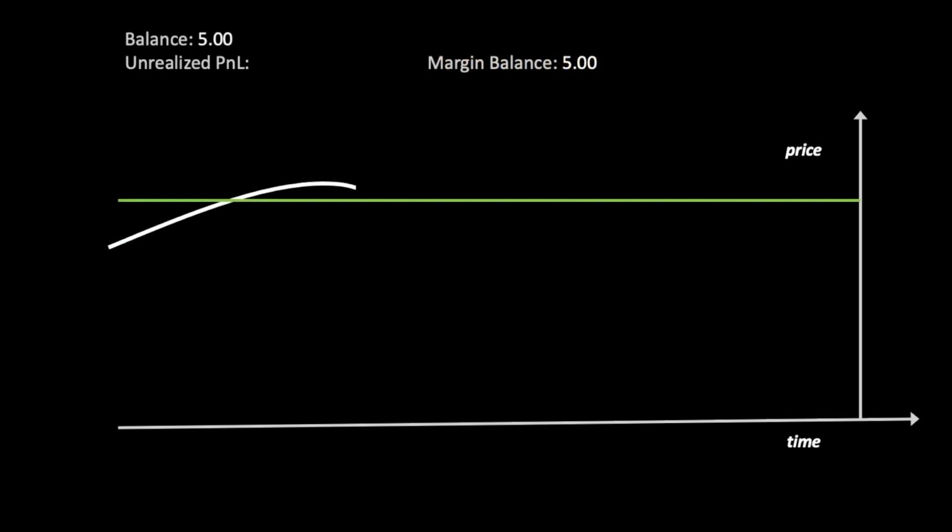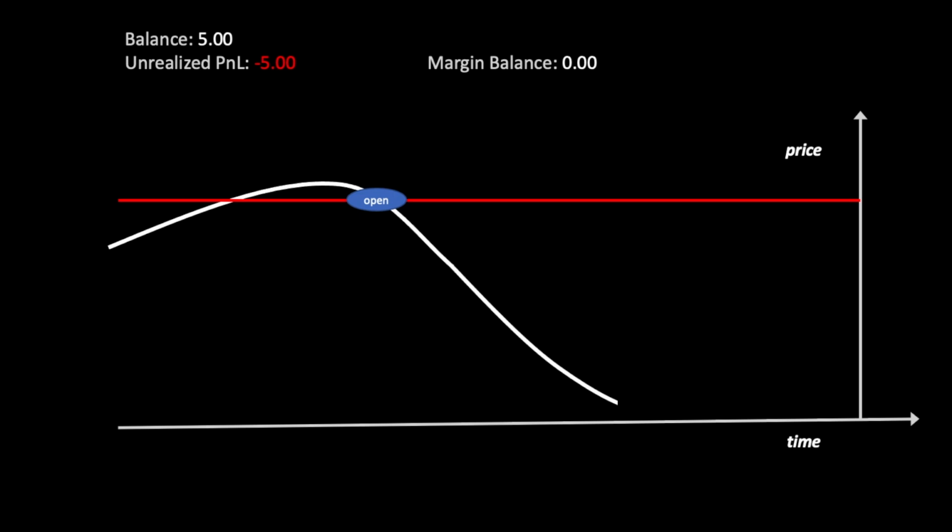A few minutes ago I had opened a long position. My account was funded with 5 USDT. As the price went down, the value of my position decreased. My loss remains unrealized, as long as I keep the position open. So, my assets balance still shows as 5.00, but my margin balance is now taking into account the loss that I am experiencing, as the price is going down.